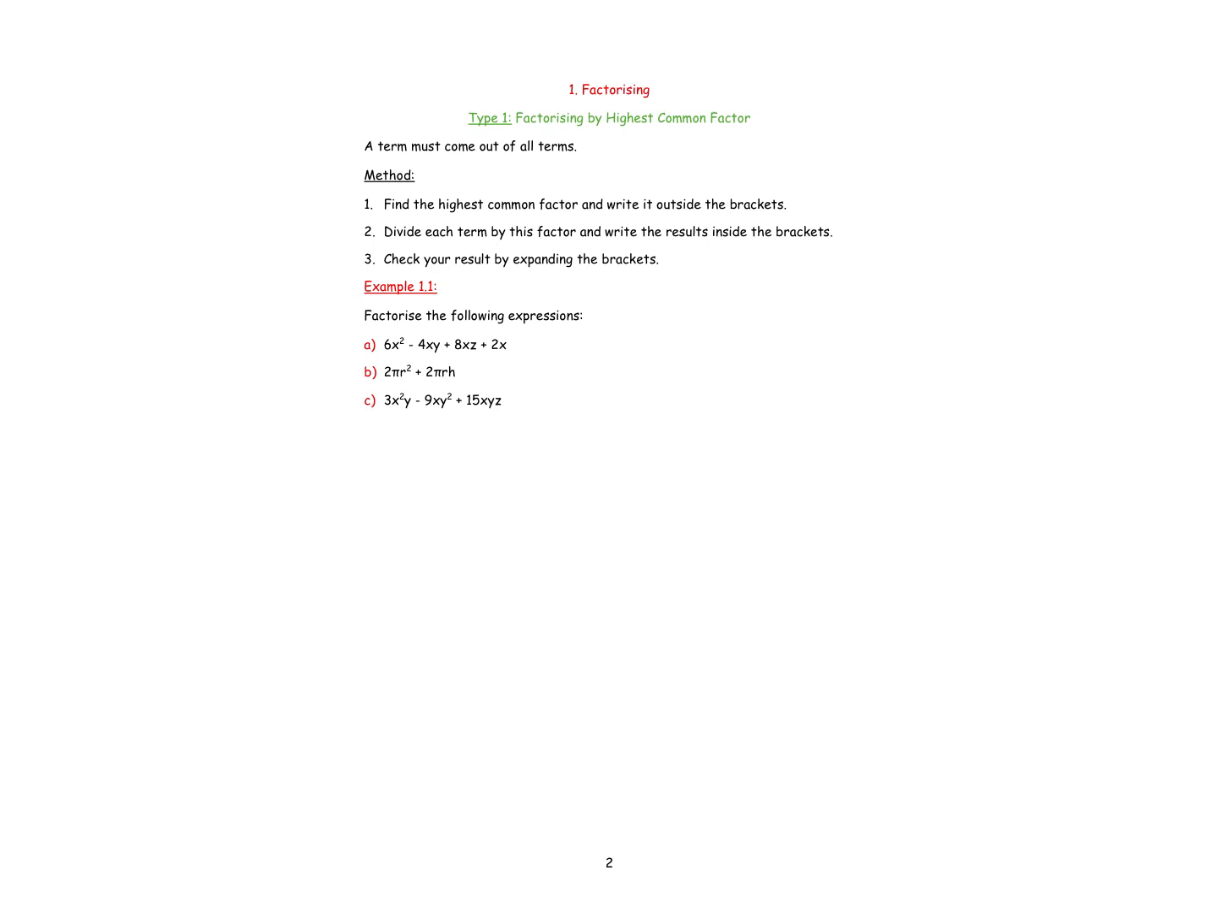This video is the next video in the algebra set of videos. And in this video, particularly, we're going to look at type 1 of factorising, which is factorising by highest common factor. The idea of factorising by highest common factor is, if you're given an expression, to look at each term